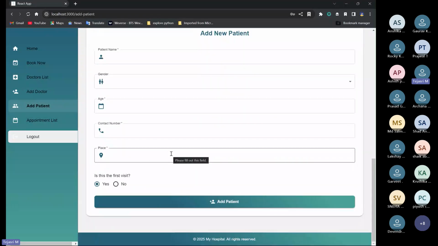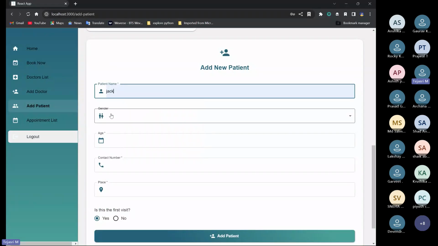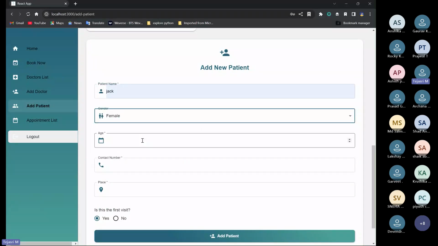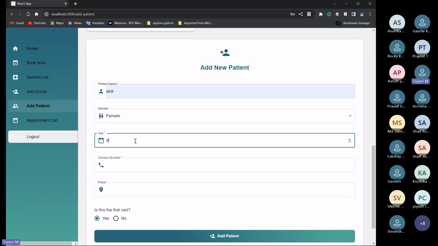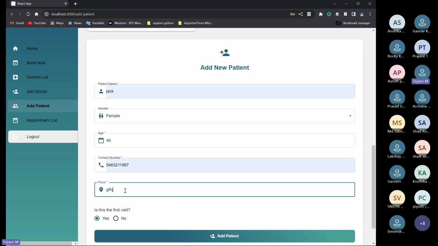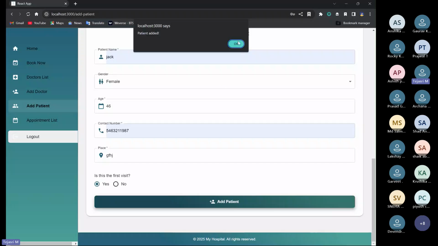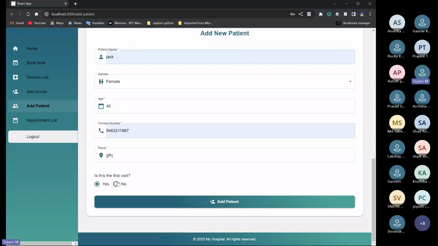And in the add patient form, we can add the name and everything. Here, let's just put some random number. And here we can see it will ask if it's the patient's first visit or not. If yes, it will add. So the patient is added. If it's not the first visit,